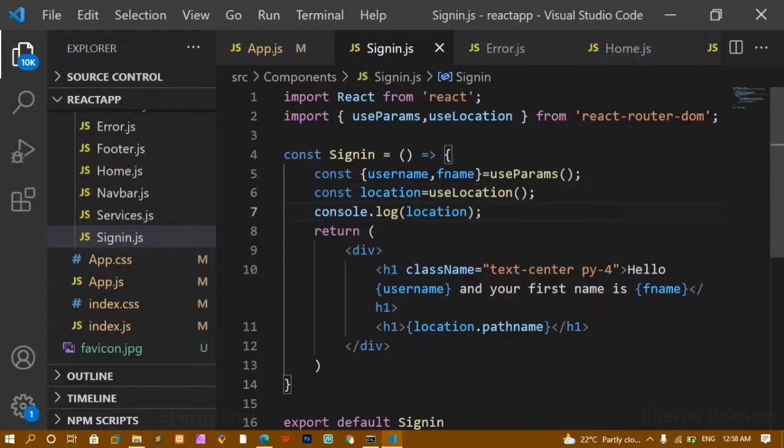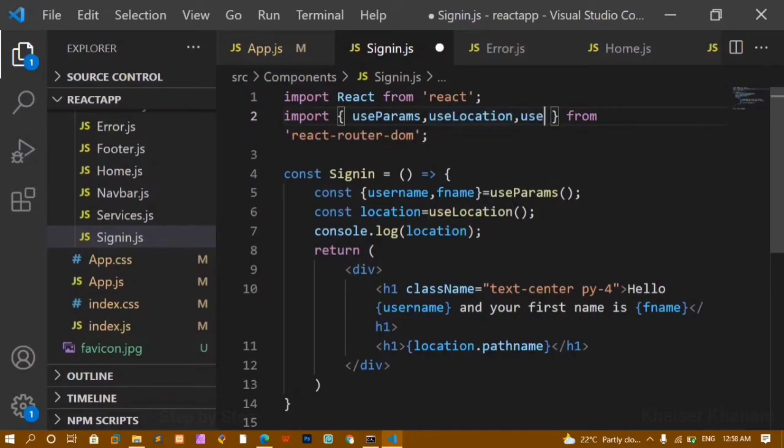Now using this useHistory we are just going to get the history of that particular website. Suppose you are visiting Google, again you are visiting YouTube, again you are visiting Facebook. Once you are in Facebook, if you go back then you should be redirected to YouTube. Again when you come forward then you should be redirected to Facebook. Now we are just going to see how to do that.